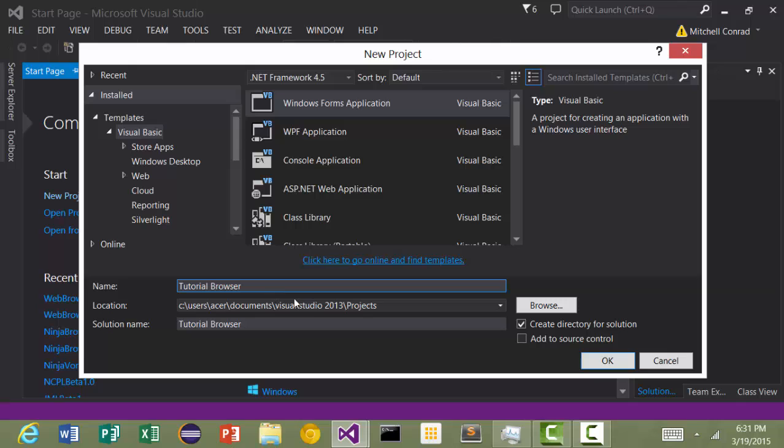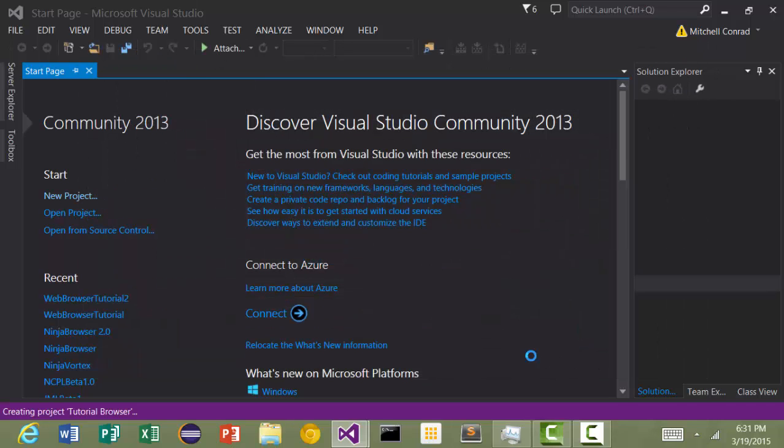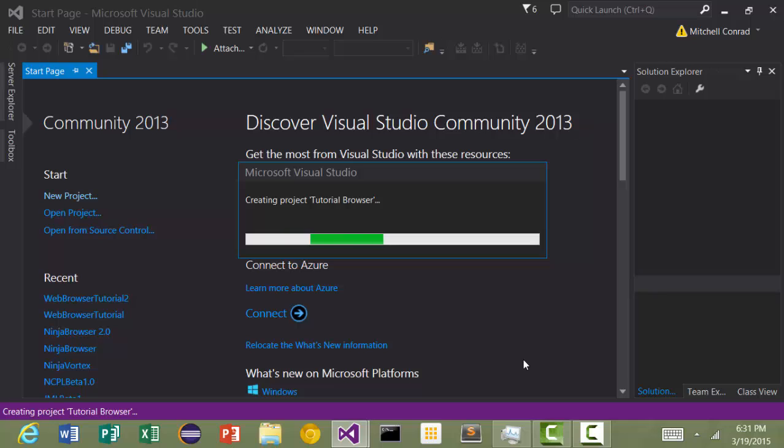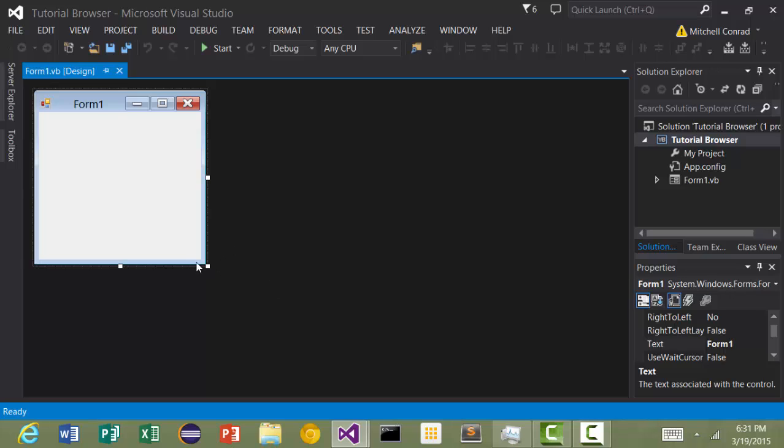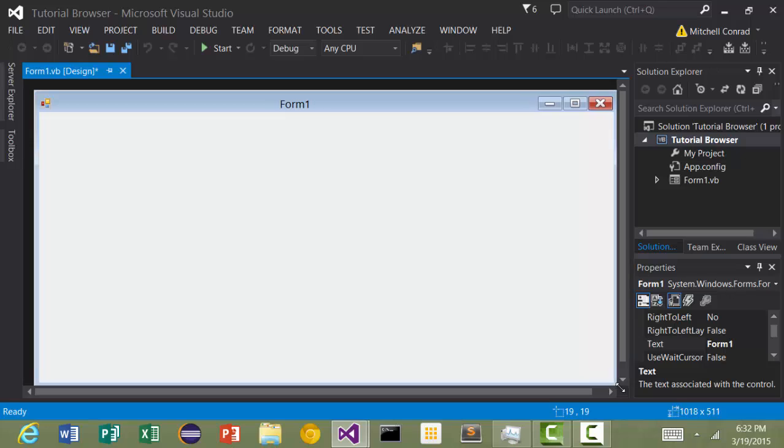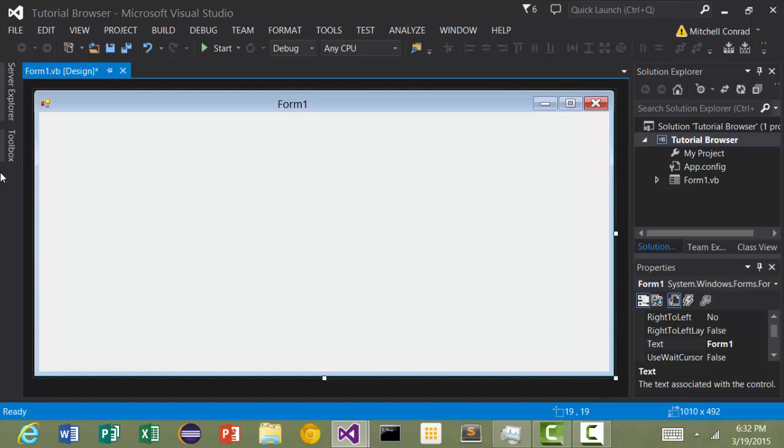So you're going to name it whatever you want. I'm going to name it Tutorial Browser. I'm going to make sure it's a Windows Form application, and click OK. And it should create your project. It may take a minute or two. So now you're going to make it a bit bigger. I'm going to make it just like that. And then you want to